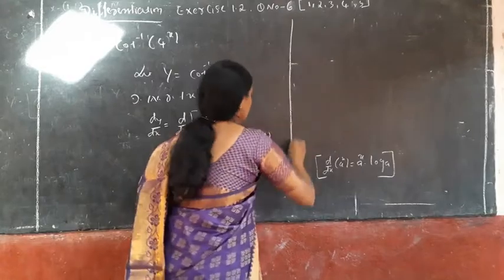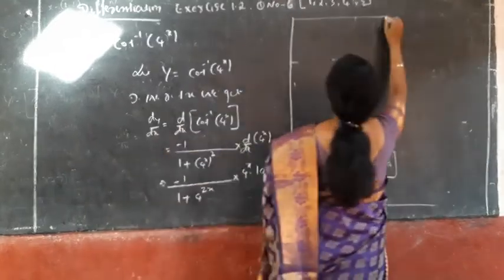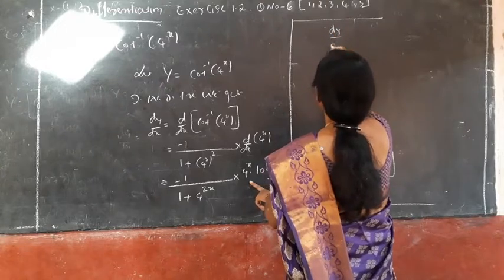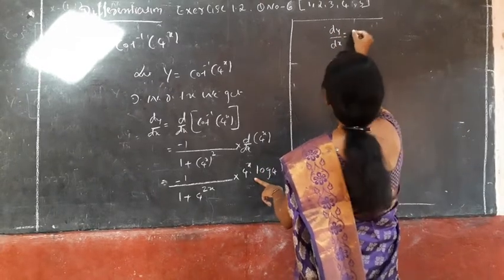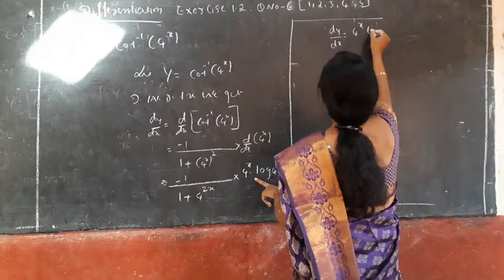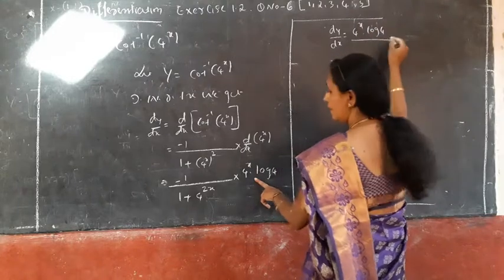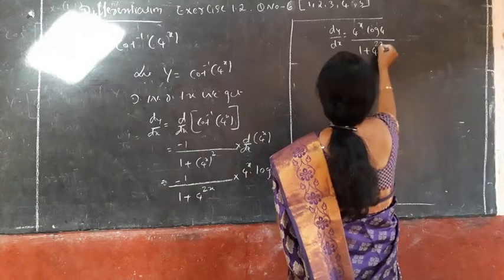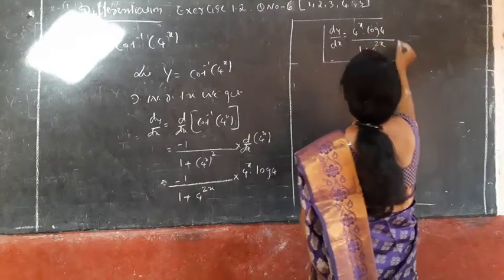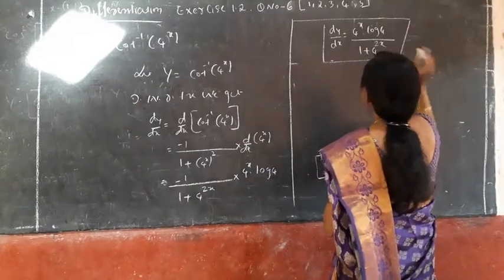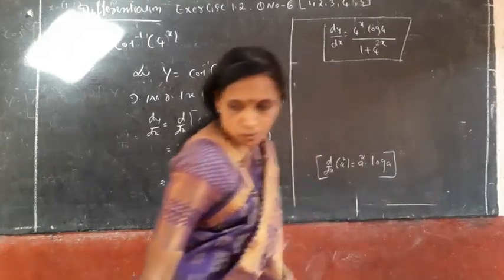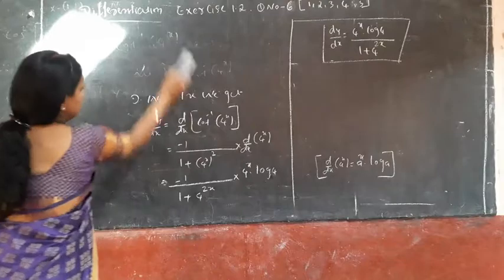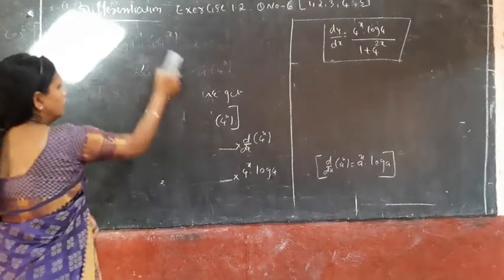Therefore, dy upon dx equal to 4 raised to x into log 4 divided by 1 plus 4 raised to 2x. This is the answer for fourth example. Next, consider the last example, that is